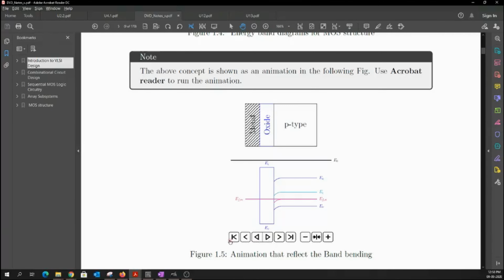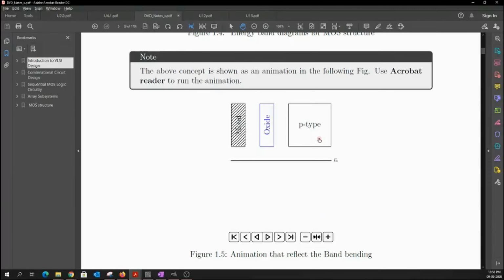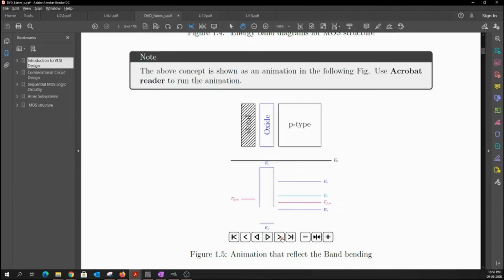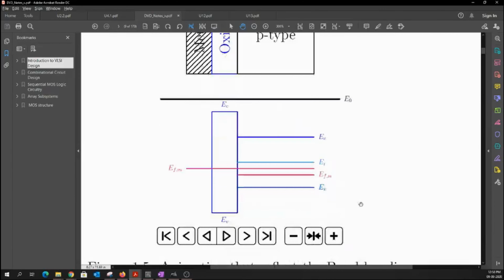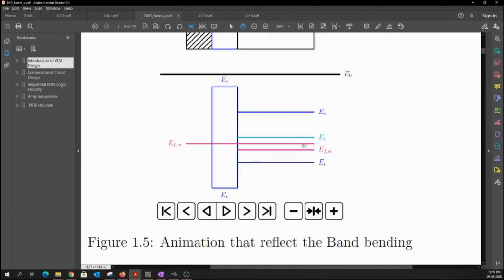Let me try to make these three different layers apart. When you try to combine these layers, let me run them. These are the conduction band and the valence band, which happen to be like this. When you try to merge the metal and the oxide along with the semiconductor, there are certain physical things that will happen. I'm trying to combine them, and there exists some sort of Fermi level difference between the metal and the semiconductor. Is this screen clear? There exists some sort of Fermi level difference between the metal and the silicon.